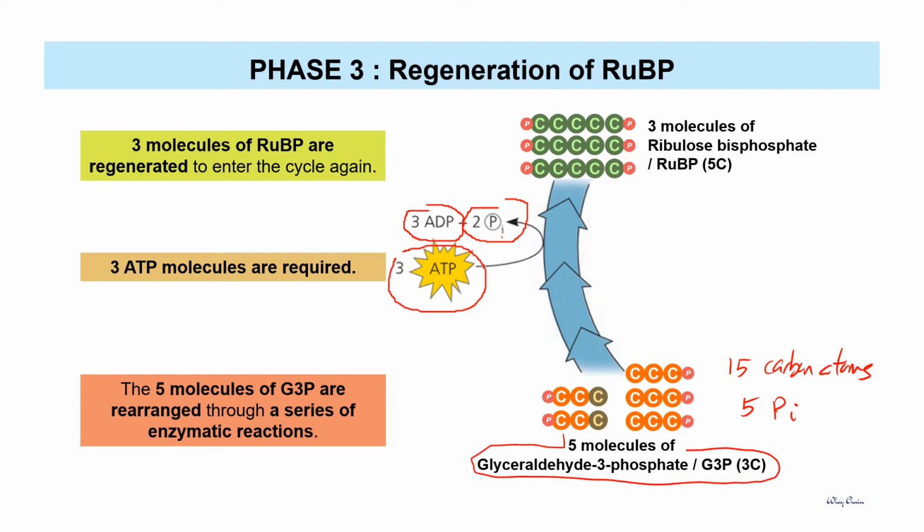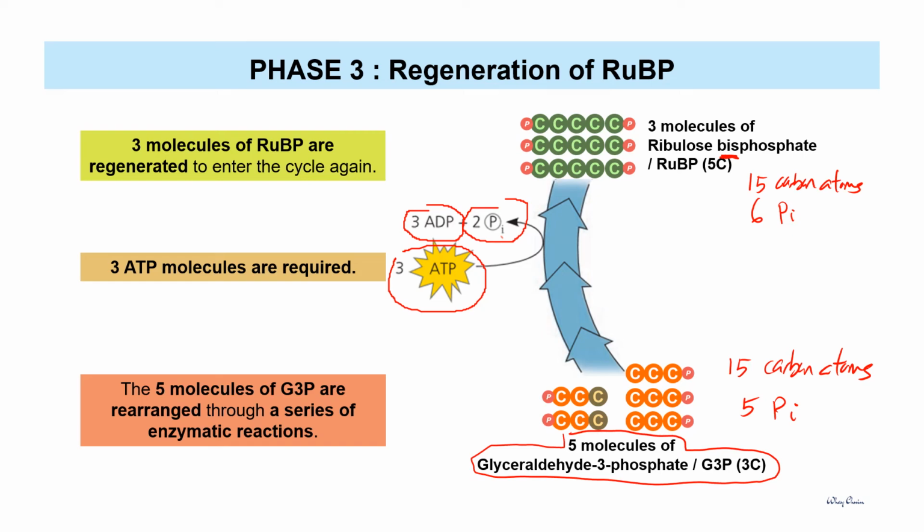But at the end of phase 3, there are 3 molecules of RuBP formed. Each is a 5 carbon compound, so this population has 15 carbon atoms as well. But if you notice carefully, each RuBP carries 2 phosphate groups. That's why it is named bisphosphate. So we have 6 inorganic phosphate groups here. Okay, so from 5 inorganic phosphate groups